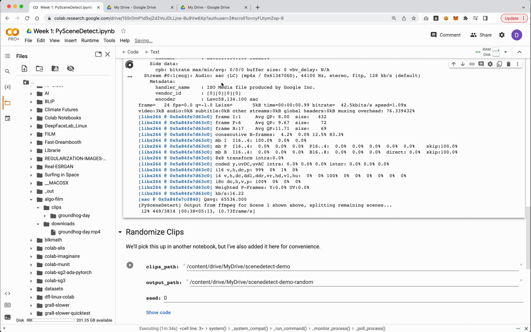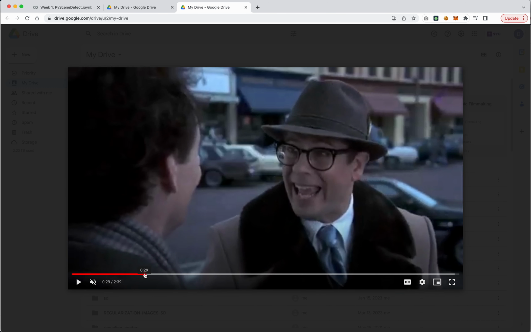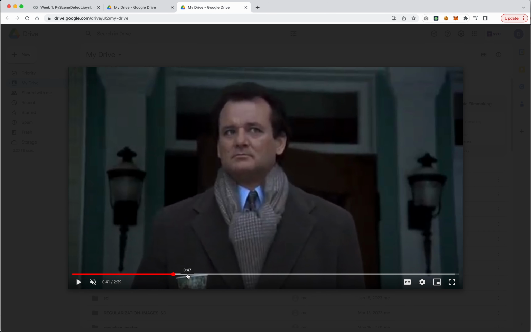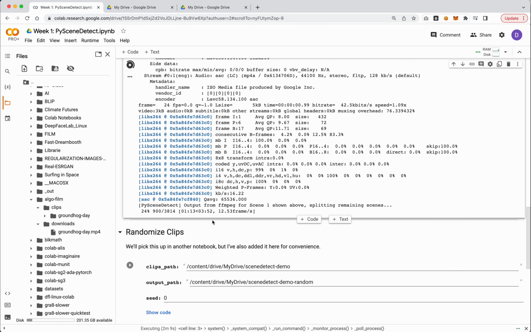But again, if I had to go through this film by myself, imagine that I was scrubbing through this and trying to find each cut, there would be a lot of cuts in this, and I'd have to do that all manually. So this tool is actually much, much quicker than that. It actually is quite good, and it's also quite flexible. It does a little bit more than just frame to frame, because one of the challenges with frame to frame is that if there's a blend or a crossfade, it might miss that. So it does do some stuff to try to work around that sort of thing. But anyway, this is now going to run.